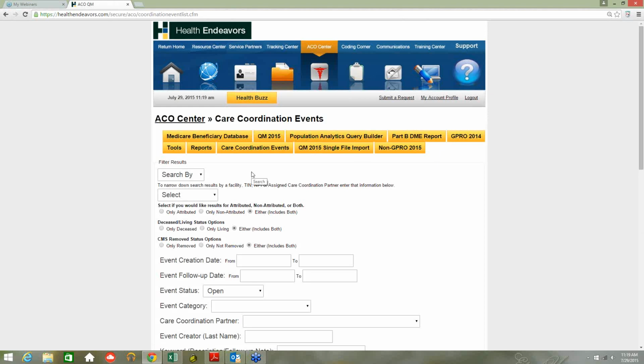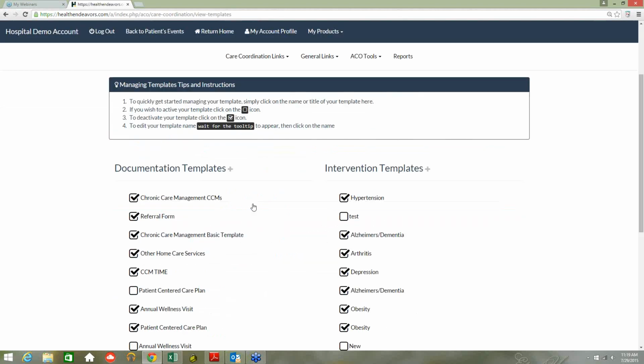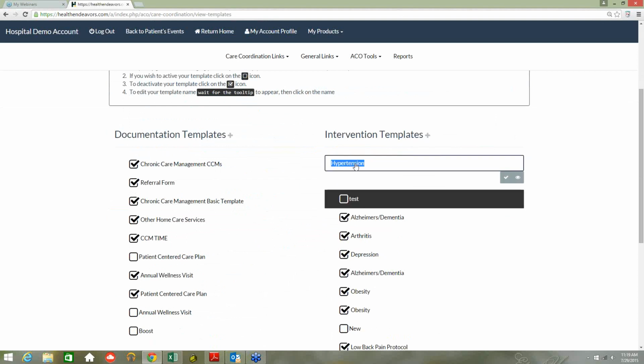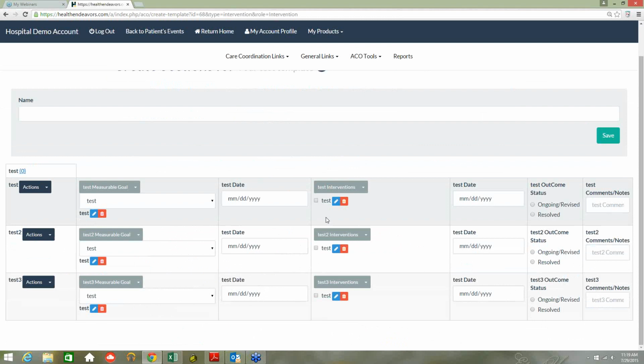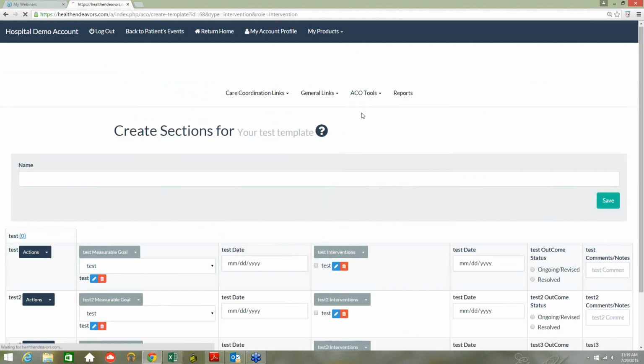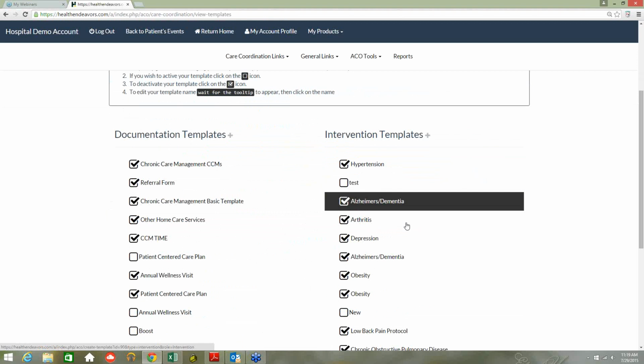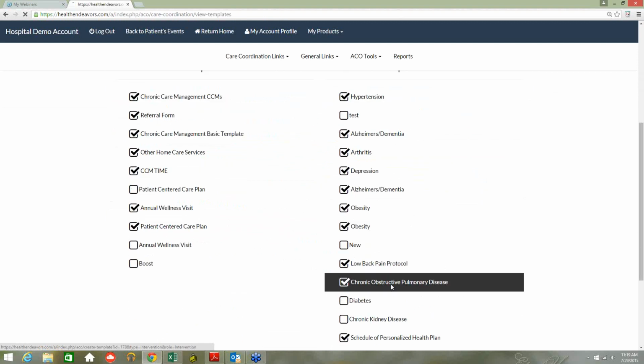I want to show you one other thing, and this is getting a little bit more in depth. But in the care coordination portal, remember there's a number of different types of intervention templates that are available to you. So let's just take a peek at the hypertension. These measurements, these templates that are built, are in here to help you. They're in here so that you can build out different types of interventions. So if you go into the blood pressure, the high blood pressure, or if you go into depression or COPD,